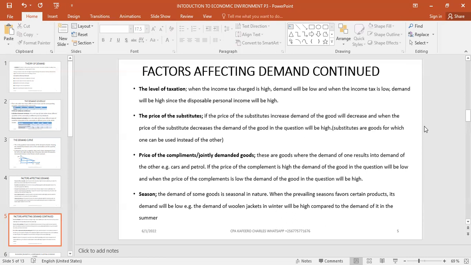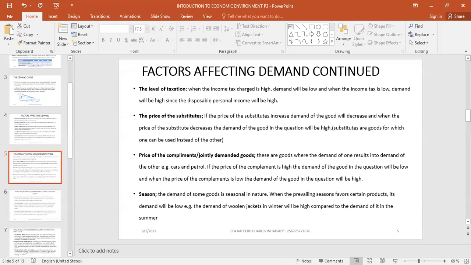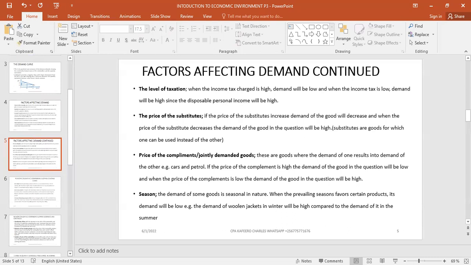People are doing irrigation and others. So those are some of the factors that affect the demand, and there are many you can research and add more,